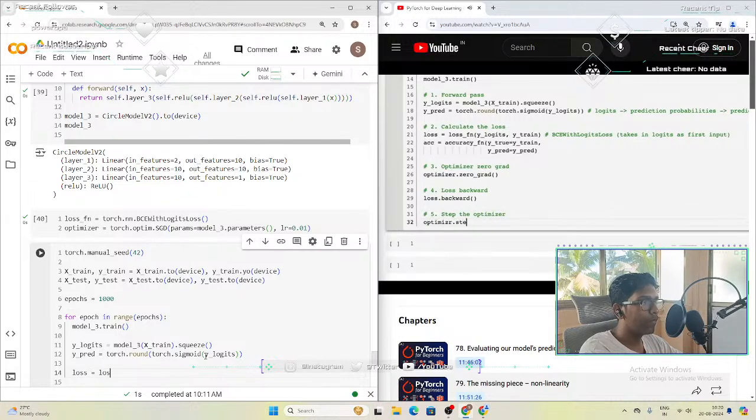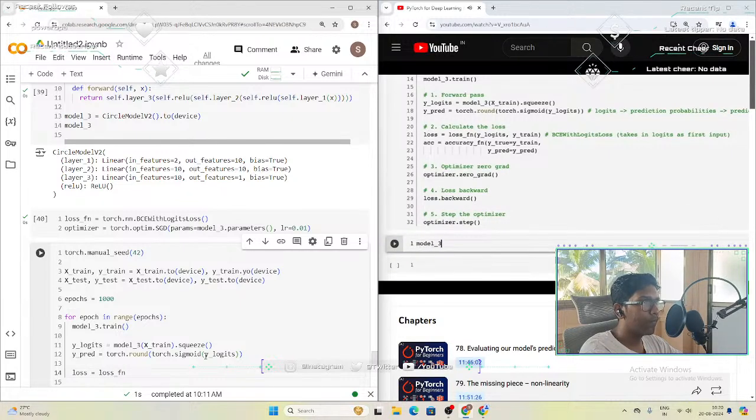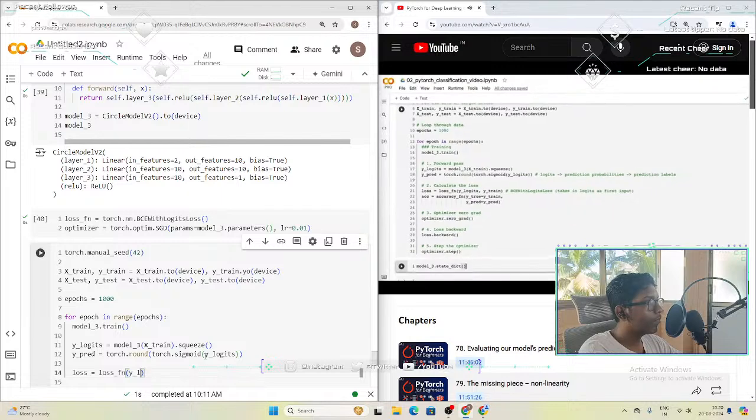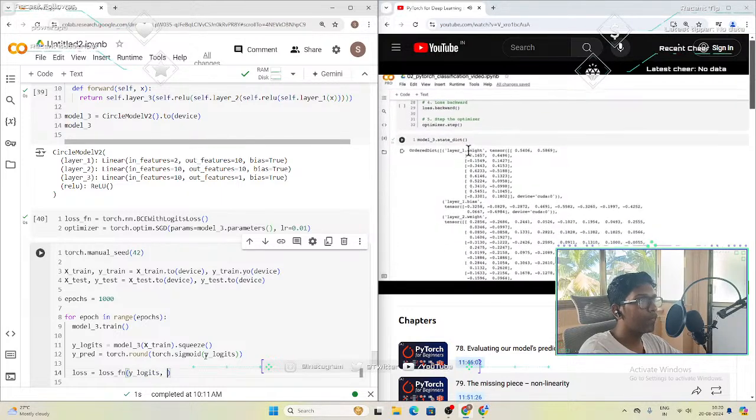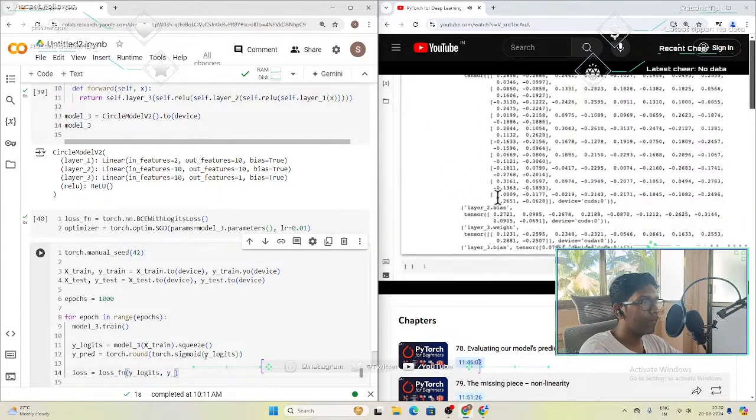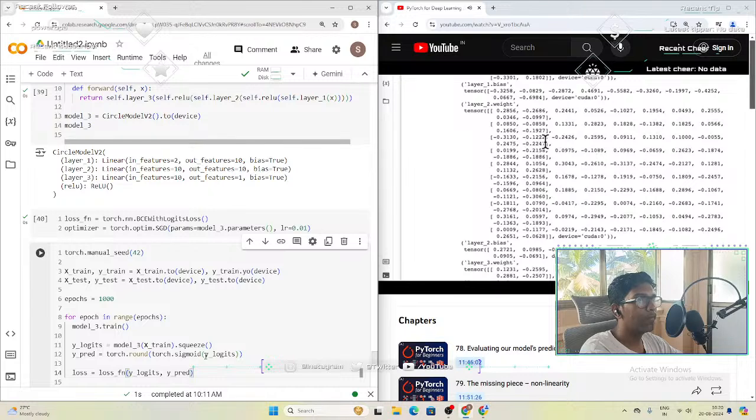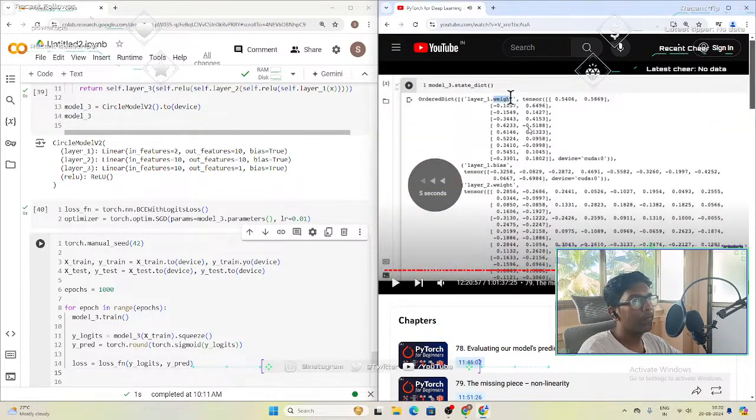So optimizer.step. Oh, and I want to show you, speaking of model parameters, let's check out model3.state_dict. So the ReLU activation function actually doesn't have any parameters. So you'll notice here, we've got weight, we've got bias of layer 1, layer 2, and layer 3. So the ReLU function here doesn't have any parameters to optimize. If we go nn.ReLU,